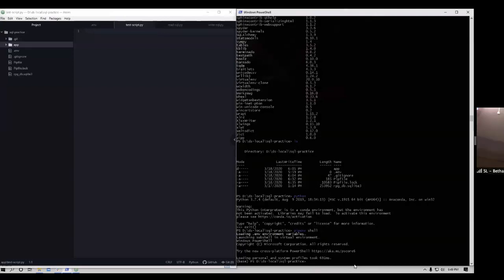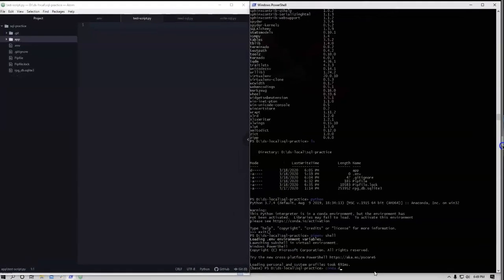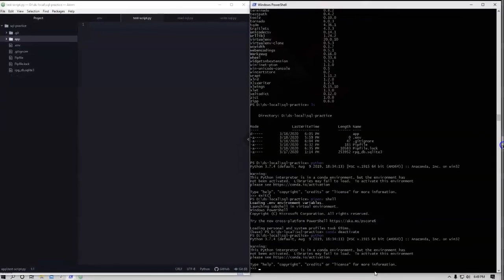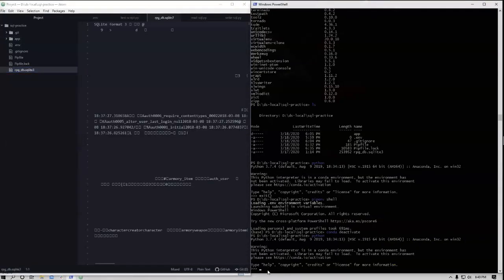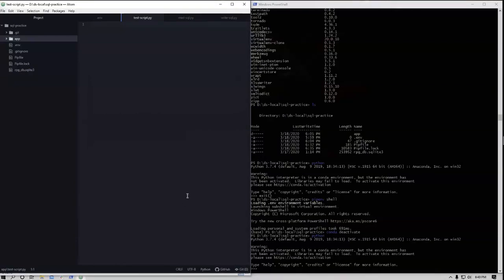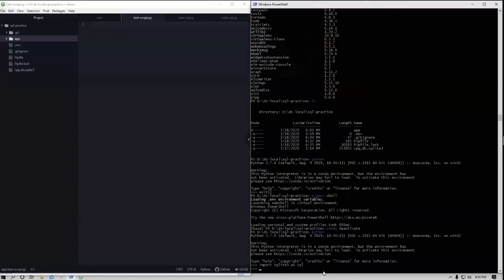Yes. Awesome. Okay, so I'm in the Python REPL here. And one of the first things that I want to do is actually reference this RPG database. So I need to set this up. I want to open this up and take a look at it. I want to get to the point where I can do queries on this database, and I'm going to need a couple of packages for that. I'm going to need SQLite 3, and I'm going to alias that as SQL. Actually, I think this is the only one I need.